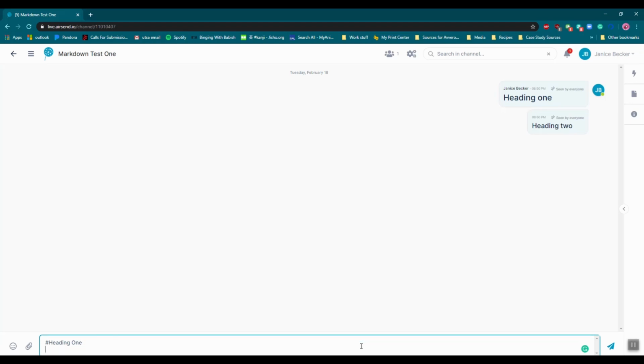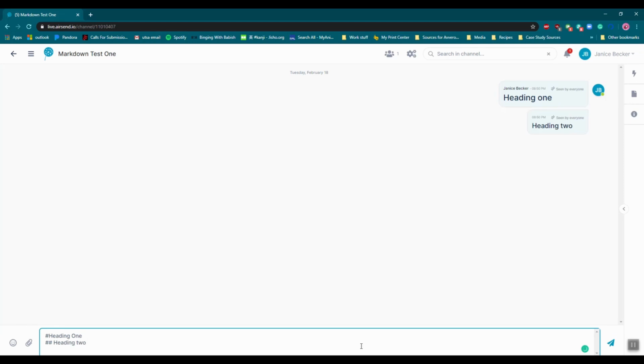And we're going to do Shift Enter to make a new line. Remember, when using Markdown language, Shift Enter is your absolute best friend for making a new line. Unless you just have a whole odyssey to type out in your message, then you don't have to worry about that. Alright, Shift Enter. Then we're going to do 3 hashtags and do